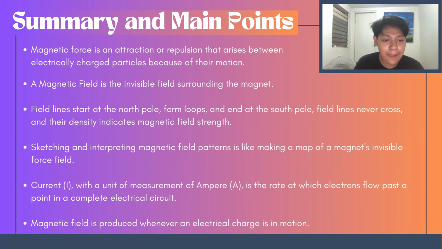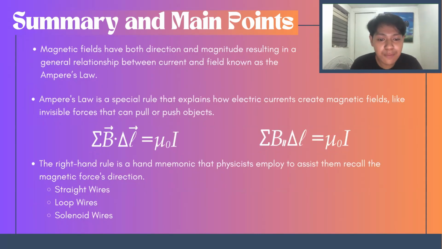When a wire carries an electric current, it creates a magnetic field around the wire. The magnetic field can be visualized using magnetic field lines, and its strength depends on how much current is flowing through the wire. Magnetic fields have both direction and magnitude, resulting in a general relationship between current and field known